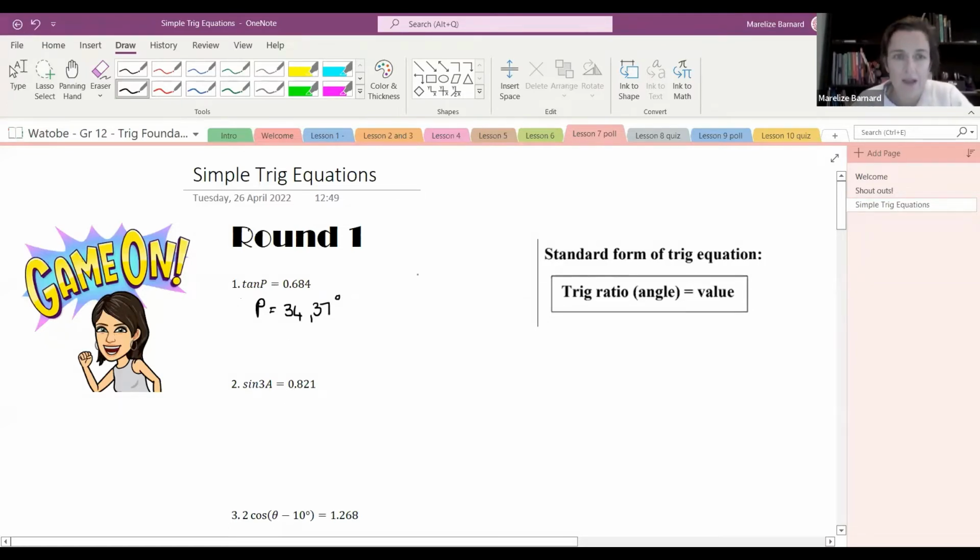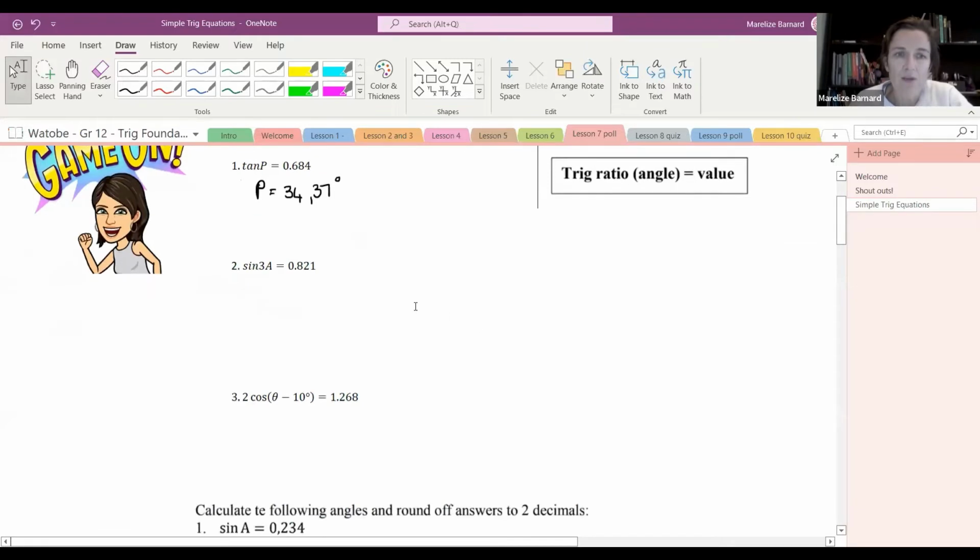Okay, you should have a pen and paper and your calculator with you and work with me as we go. So the next one, we've got sine of 3A is equal to 0.821. So this one is slightly different, because now we have 3A, not just a P like we had in the first one. So again, we're going to go shift sine and 0.821 on the calculator, and then we get